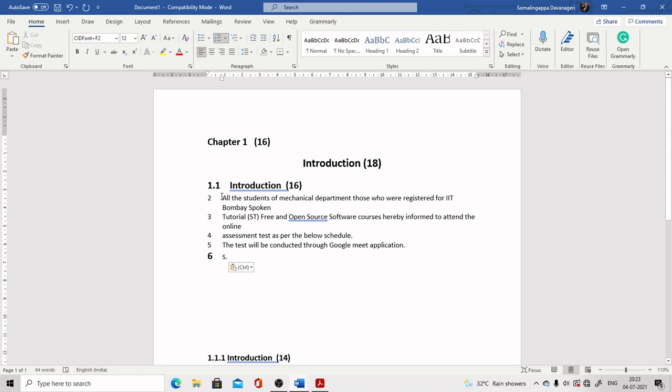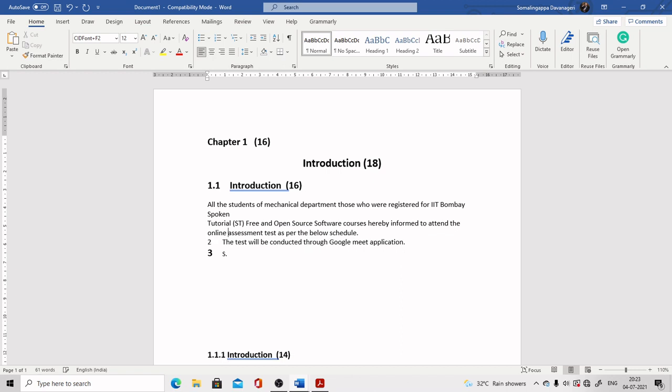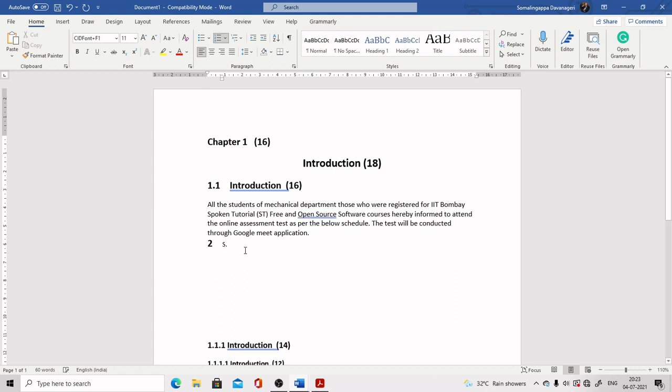Now as you are pasting along with numbers, you just go for a backspace here.